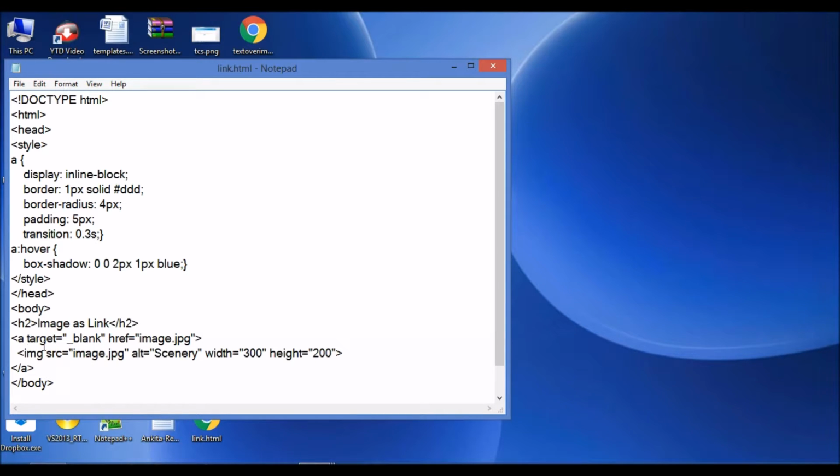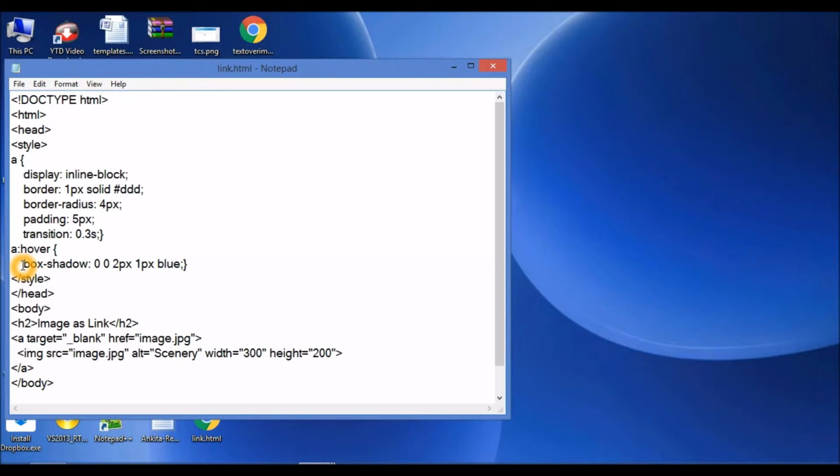When I click on this particular image, I'll be directed to a page where I'll see this complete image on a new blank tab, and here I have defined display as block, border of the image, the radius, padding, and this transition. The transition applies when I click on this image and I'm directed to this new blank tab and I see this complete image.